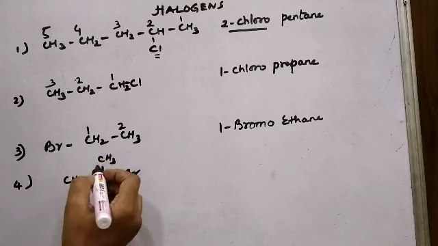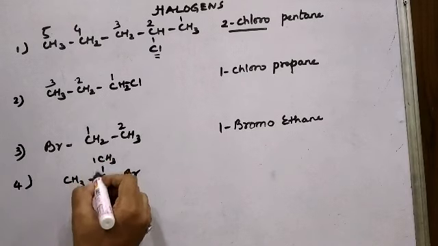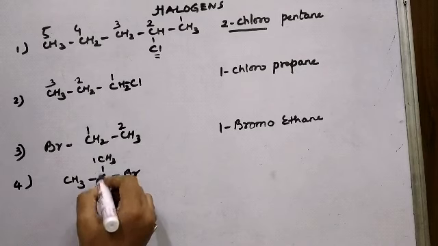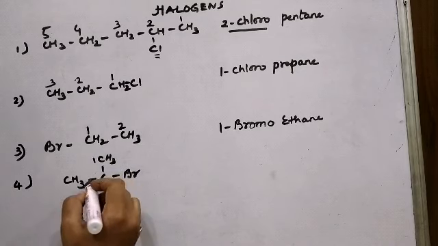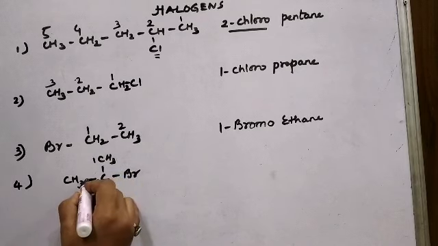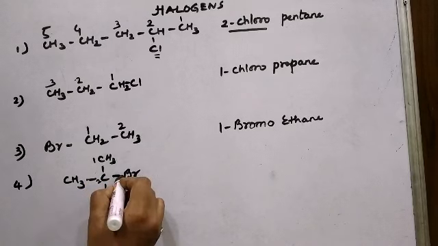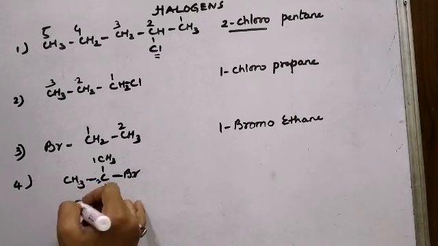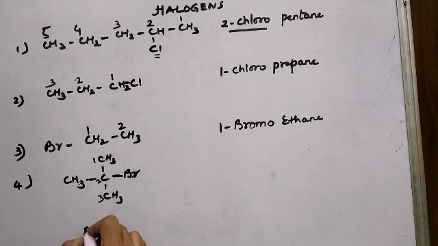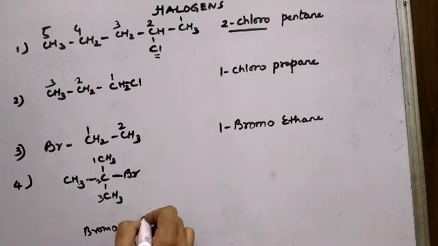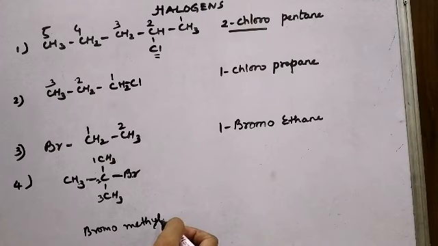chain, the longest straight chain is consisting of 3 carbon atoms, 1, 2 and 3. There is a substituent on carbon atom number 2. So there are 2 substituents, one is the bromo group and one is the methyl group. So when we write bromo group and methyl group, we will have to write them alphabetically, isn't it? Because we have studied that when there are 2 or more substituents, then we write down the substituents alphabetically.